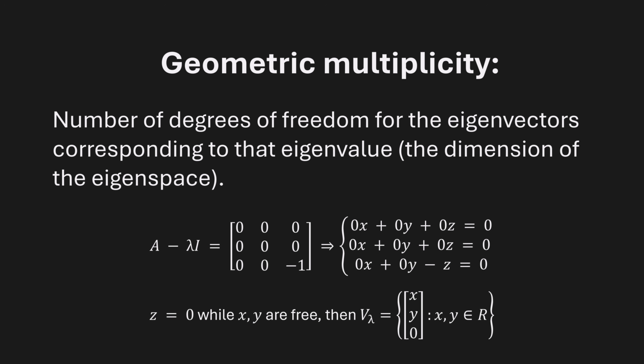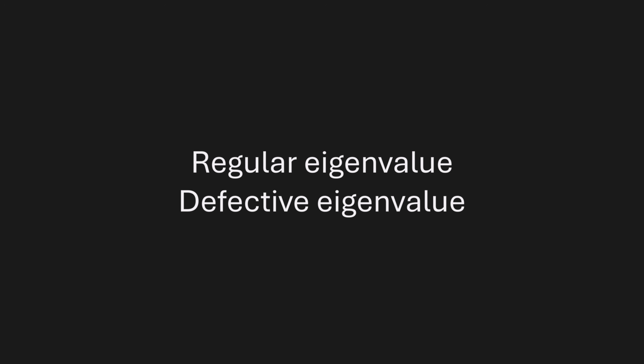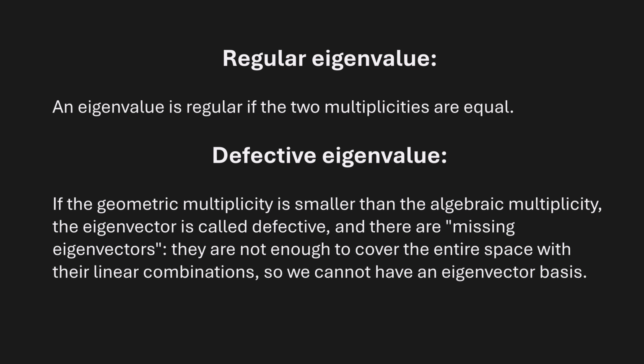An eigenvalue is regular if the two multiplicities are equal. If an eigenspace has dimension more than 1, it just means that there is a space with more than one dimension whose vectors are eigenvectors of the same eigenvalue. If an eigenvalue's multiplicity is 2 and it is regular, it means that there is a plane whose vectors are all scaled by the same amount without being rotated. Note that the geometric multiplicity is always less or equal to the algebraic multiplicity.